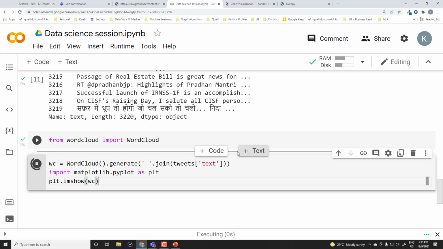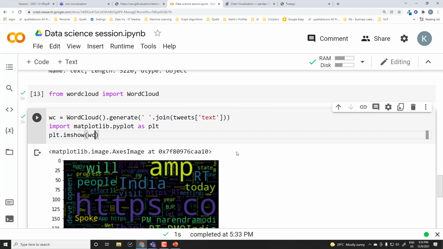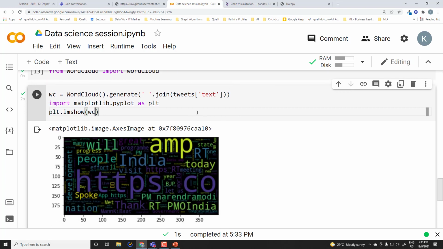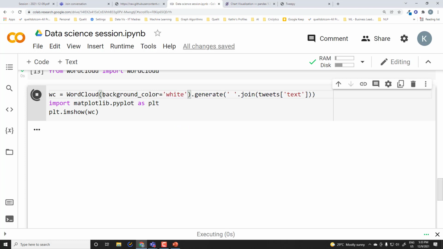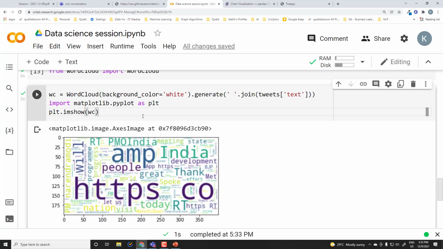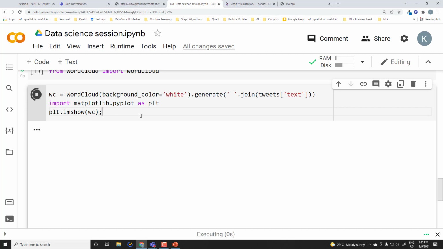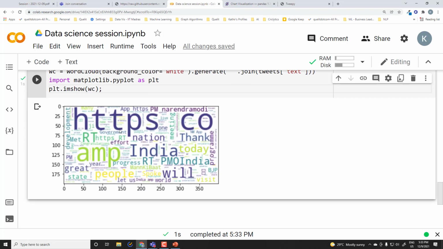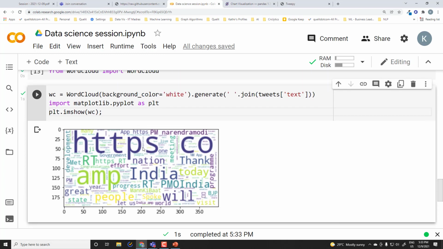So what it does is automatically identify all the words that are available in this particular Twitter data, and then tells me which words are appearing very frequently. In fact, if you want, you can change the background color so that it's a bit easier to read. And of course you can control the size and all the parameters. So the word HTTPS, there are a lot of URLs in these tweet messages, so you can get rid of these words. In fact, you can specify what the stop words are that you need.